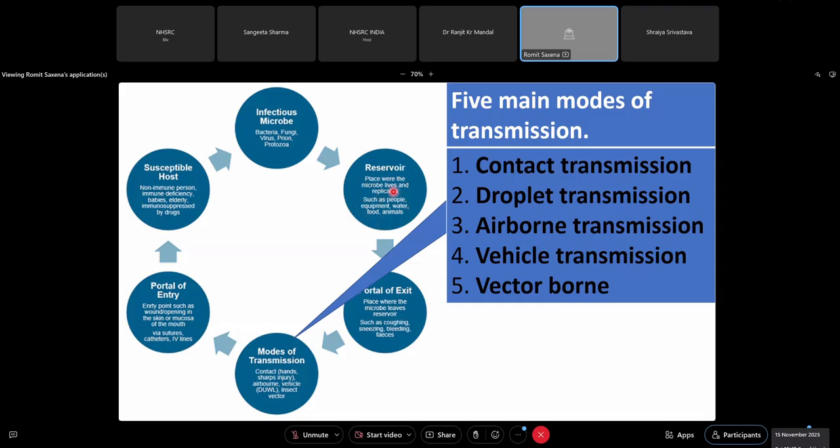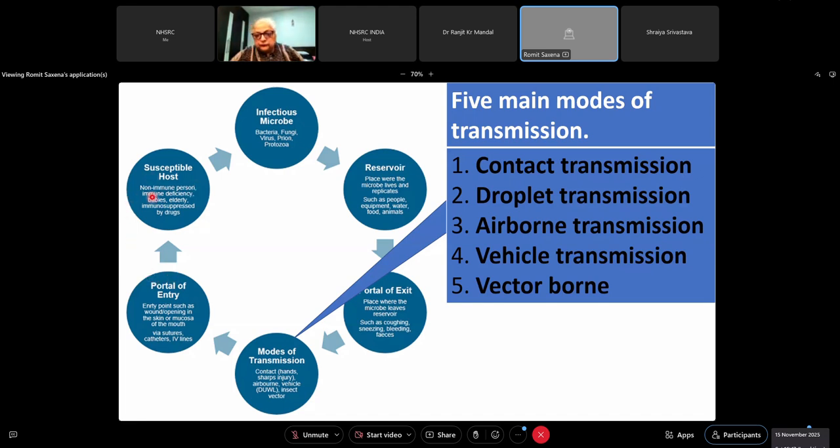This might be people, this might be equipment, this might be you have just sneezed onto and you are traveling in a metro and you are grasping onto the railing. So that itself will just stay on the environment. From there it enters into another person either by touching that fomite, or if the person who is infected coughs onto somebody else and the other person is not wearing a mask, it gets transmitted depending upon what is the mode, either through air, through touch, through some insect, especially when it is vector borne. It enters into another human being.